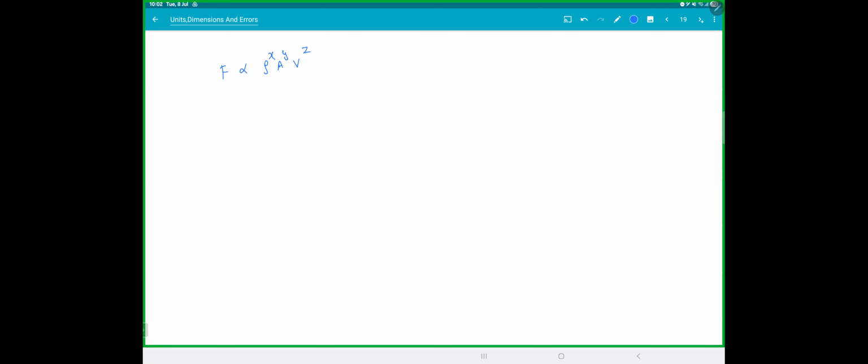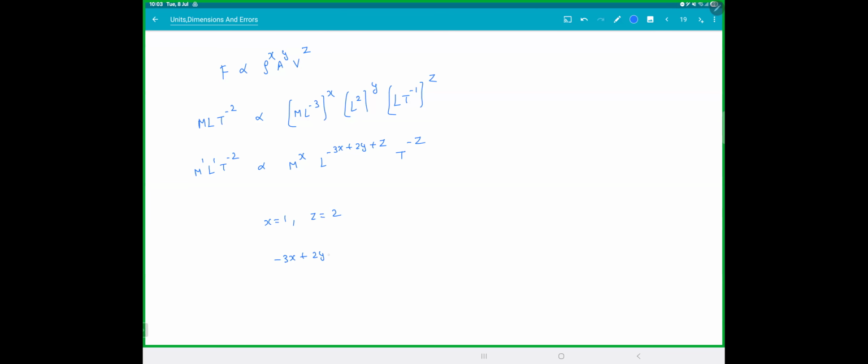Right, Arya. See, on the LHS we have force, which is M L T to the minus 2. Density is mass by volume, so that is M L to the minus 3, to the power x. Area is L squared, to the power y. Velocity is L T to the minus 1, to the power z. Putting all the M's together, M power x, L power minus 3x plus 2y plus z, and T power minus z. On the other side, M power 1, L power 1, T minus 2. So we can see x is 1, z is 2,